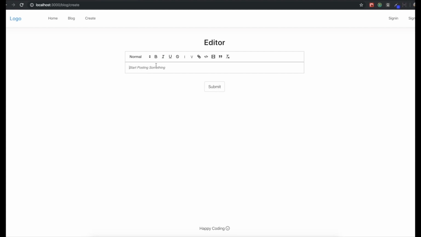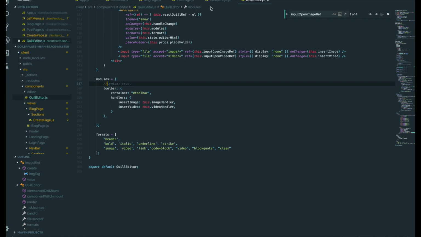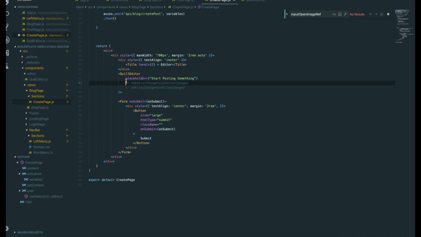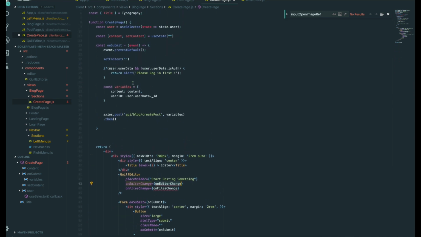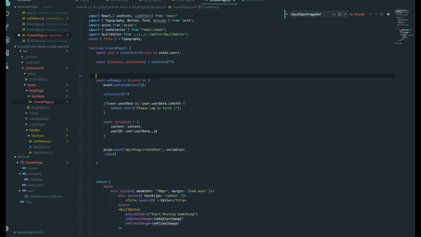So we can just type something. Actually, we cannot type anything right here because we didn't make these two functions. When something inside the editor changes, we need to make the editor change and the file change. First we are going to make this one. So in here, const